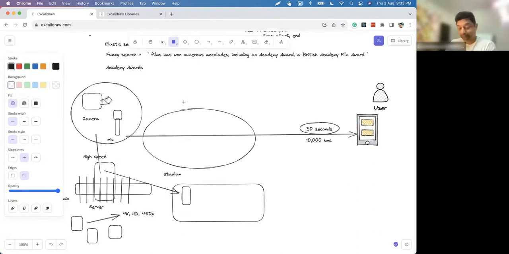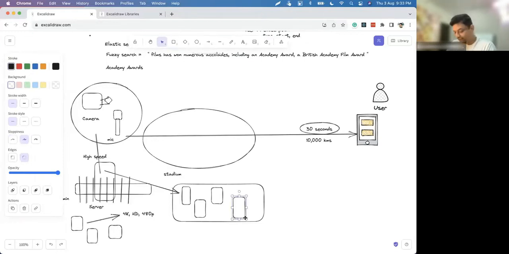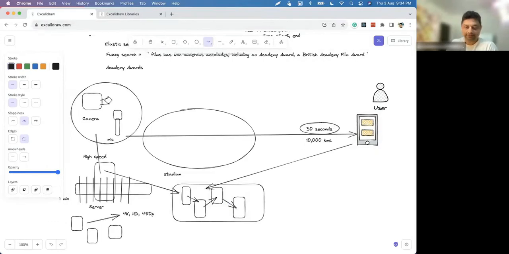These are my servers in different strategic locations. If the audience is in India, there will be a server in India. If the audience is in England and the US, there are edge servers there. This content is replicated and the user views it from a server which is near to him.